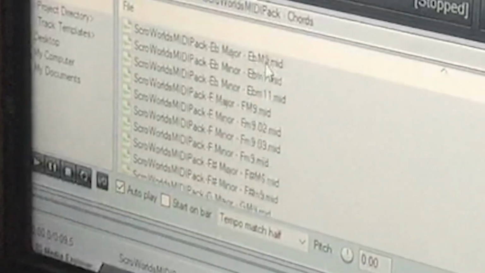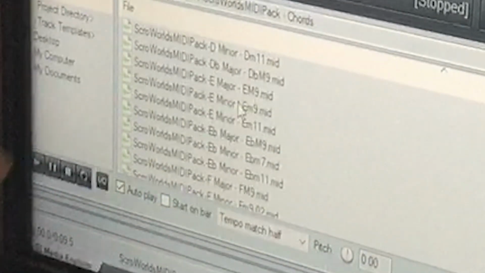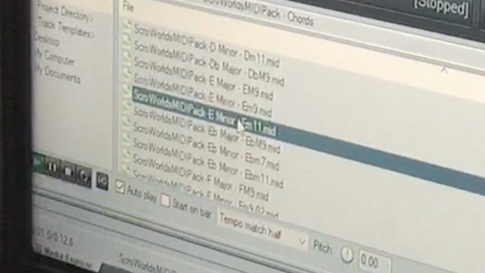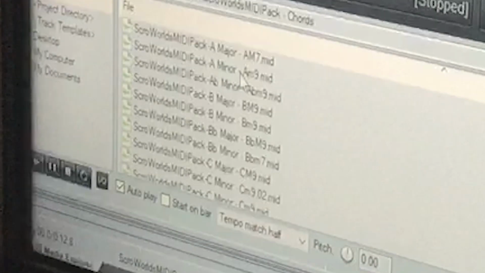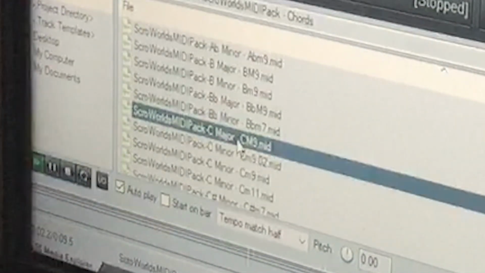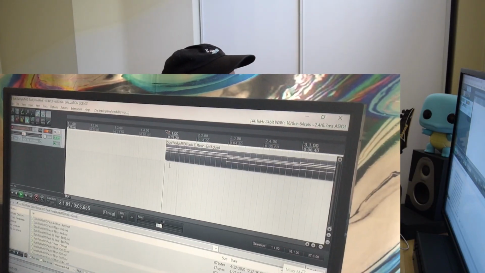So let's say you have a simple chord progression like E minor, G, A minor, C, and you're like, okay, I like that, but I want it to be nicer. So we can go here and look at, okay, we have E minor, E minor 11, one of my favorites. How about G? We got G major 9. I like that. And then for A minor, right here, A minor 9, that works. And then how about for C? C major 9, that works too. So now all together we just have